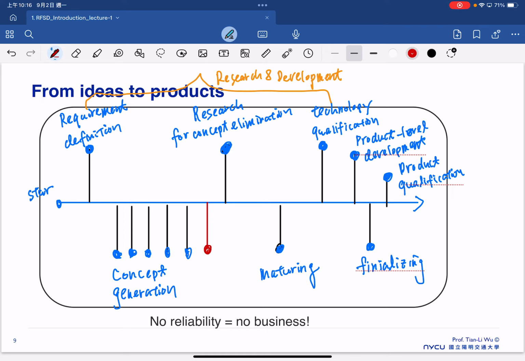So if you try to release your product, probably your product will get some reliability issues here. To avoid the reliability issues, we already have to integrate the reliability testing and analysis during the R&D phase. So first, usually once we do the concept generation, we will consider the preliminary